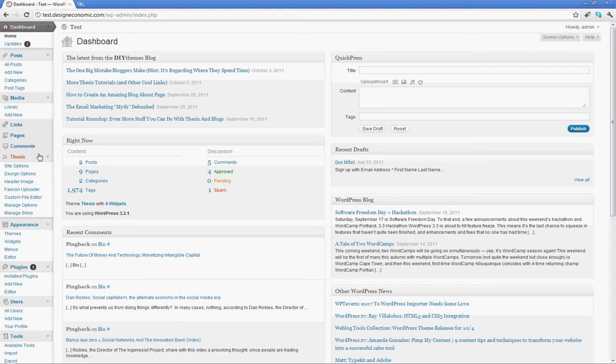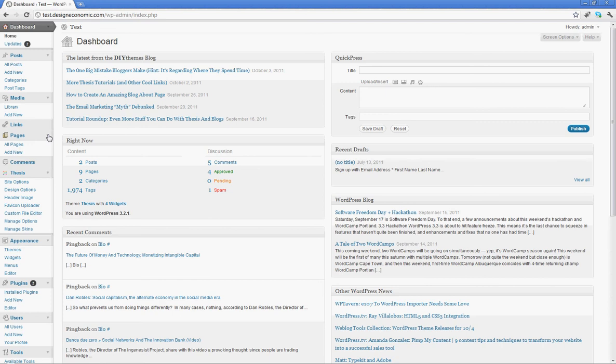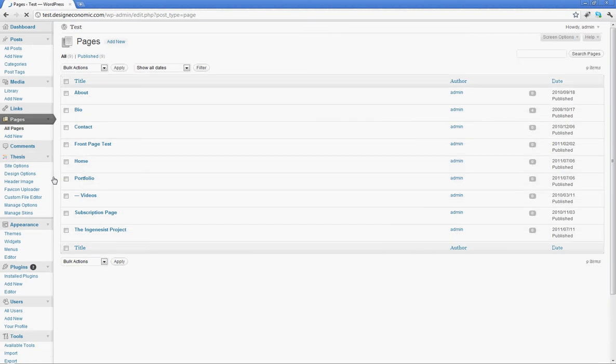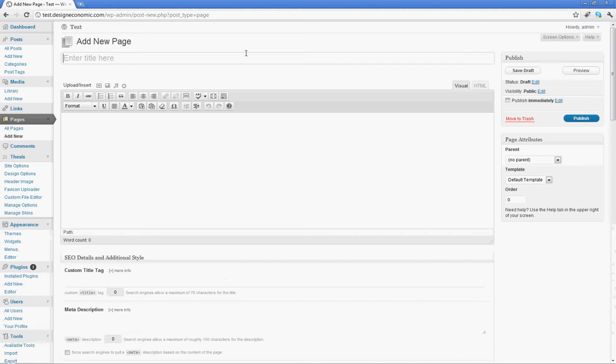But anyway, dealing with pages is very similar to dealing with posts, with the exception that they're static, and once they're up, they stay up as a standalone page. So here in your menu is where you'll find everything relating to your pages. There are 2 items: all pages, which is all the pages that you have on your site, and add new. And to add a new page, very simply, enter a title, add your content,